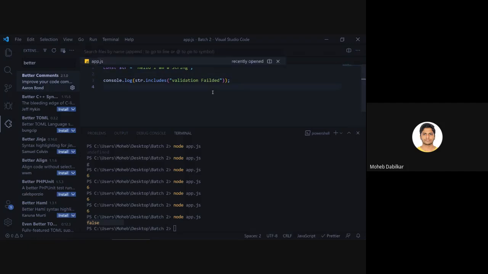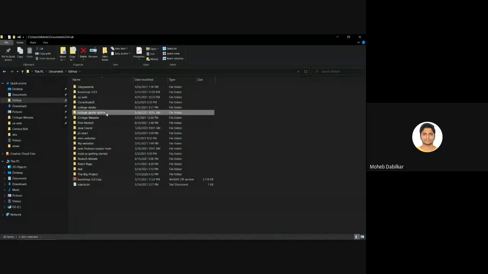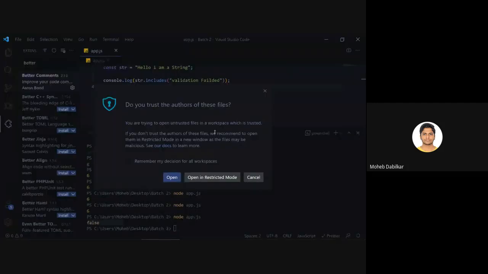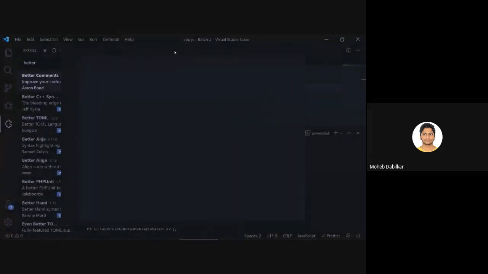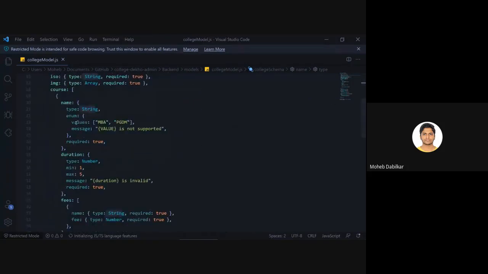I don't have any of this open right now. Let's just go to this. Inside a model, you could see many things. So this is our college model right now. This type is string, and this is known as an enum value.